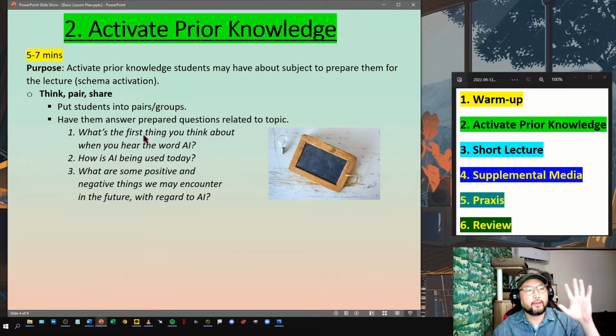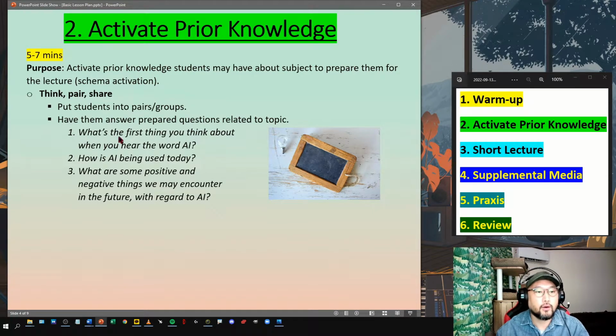So the schema activity, the schema questions, or the think, pair, share questions I'll put up on the board are as follows. What's the first thing you think about when you hear the word AI? How is AI being used today? What are some positive and negative things we may encounter in the future with regard to AI? So these are some questions that I think can help activate or help bring up any thoughts or any previous experiences students may have with artificial intelligence, whether it be Siri or Bixby or Alexa